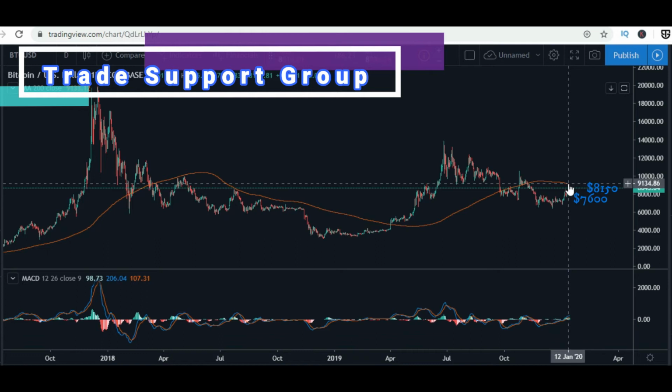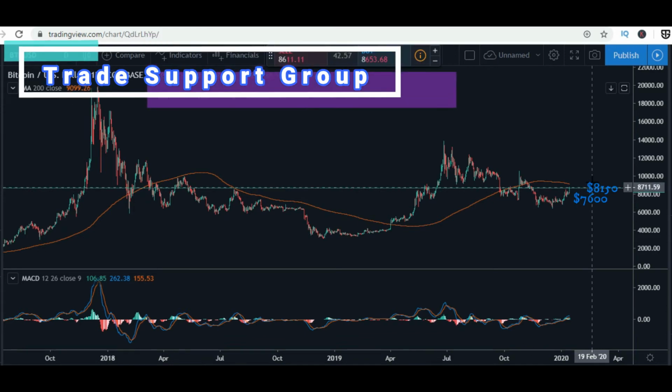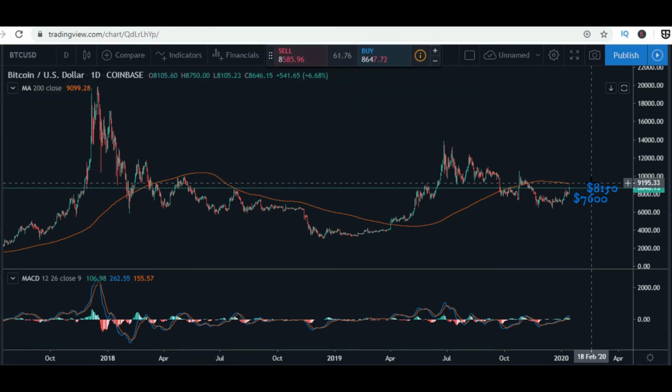So the numbers you guys, again, want to pay attention to. We've already broken through our resistance at around 8,200. We're at 86. Our next line of resistance will be in this 9,195 zone. We may hit around this price anywhere between 9,000 to 9,200. And we could see some bearish resistance from there and push the price back down. That's where you want to understand that the bears may come in and take control, or we may have a nice battle going on and potentially see this price break through the 9,200 on up to the next line,